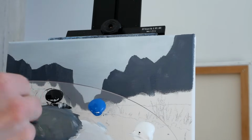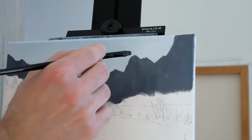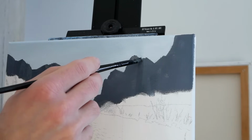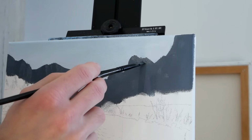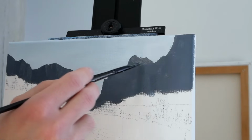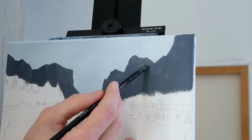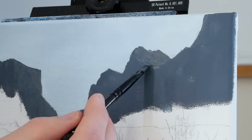Now over here, as noted when we were putting down that initial layer, this area is essentially a larger plane. It's a little bit different. I'm going to paint it in accordance with that idea. So what we're going to do is add highlight to the top, because we're going to get a lot more highlight up here anyway. But you can see that my markings kind of sweep in this way as if to meet this area. And then it stops and maybe gets a little bit flat, so the markings become a bit more horizontal